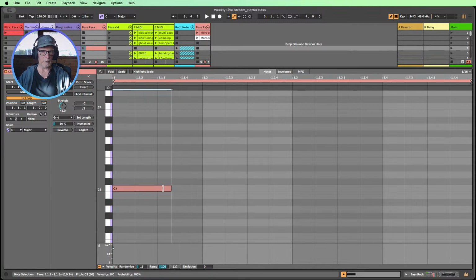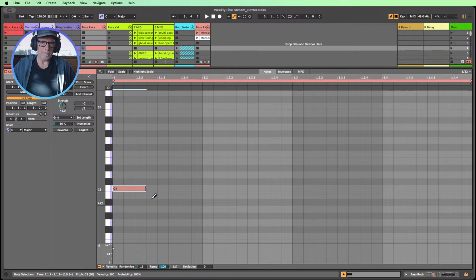Similarly, if we're doing dotted notes for others, it's literally going to be that note length plus the smaller note length on top. So we've got a 16th here. We'll make the grid a bit smaller. We add a 32nd to a 16th because a 16th is 2 32nd notes. Now we've got a dotted 16th note, right? And that's kind of how you can draw in dotted notes. Dotted notes are great for house and techno. Probably one of the most popular notes because they have a certain rhythm and feeling to them. The dotted notes. So that's a dotted 16th.